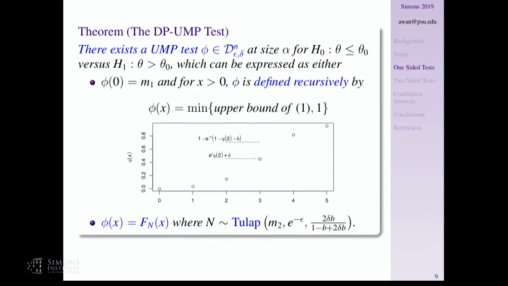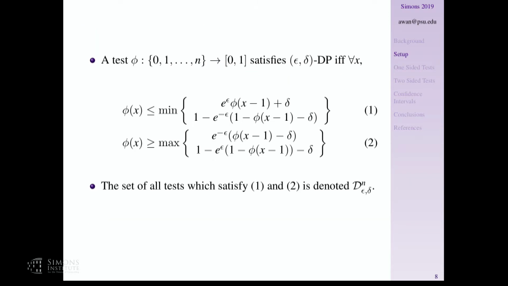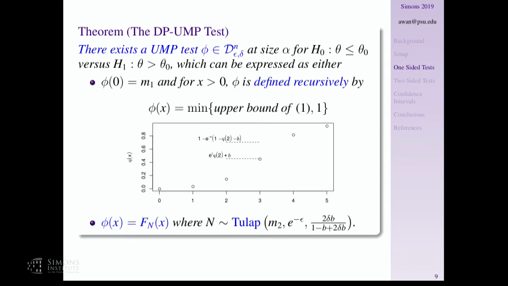So let's take the spirit of the Neyman-Pearson lemma, where we want to be greedy, but we're going to do it one step at a time. So we'll take phi of 0 as something predetermined. I don't know how to choose it yet. And now I'm going to have two upper bounds. For phi of 1, I'm going to take the largest valid value of phi of 1. And so here, once I've chosen phi of 2, I see that I have these two upper bounds given by these two equations. And so I'm just going to go along picking the largest value I'm allowed to while still achieving differential privacy. And so this is sort of an intuitive solution, and it turns out the intuition is correct.